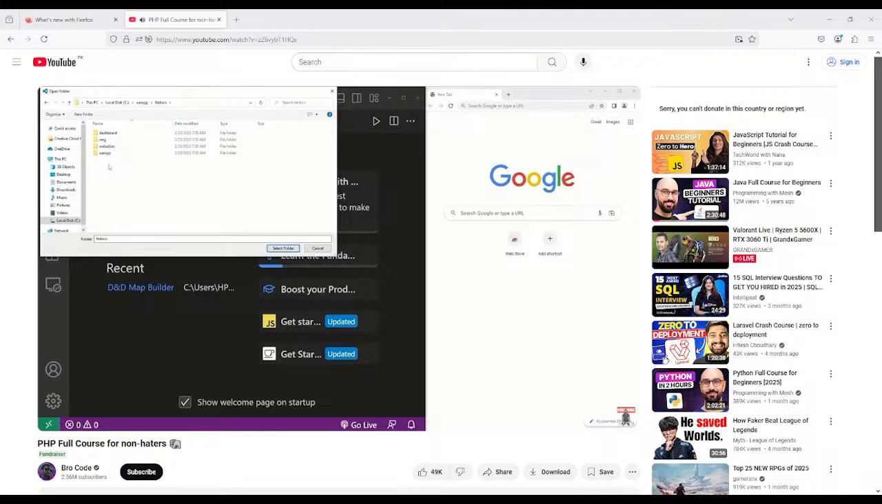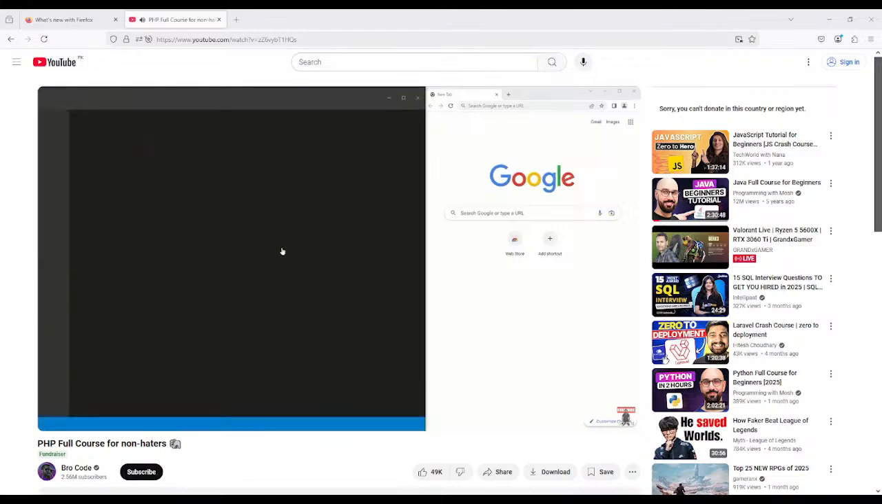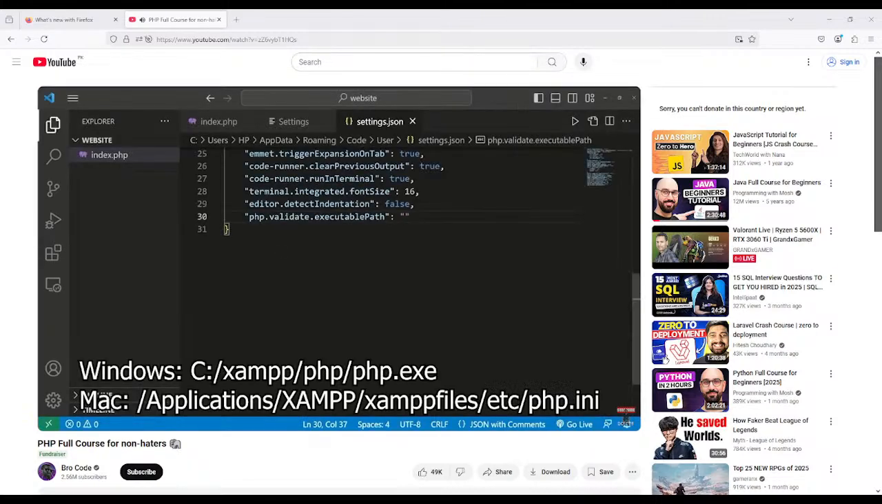In VS Code, if you're receiving a warning that states cannot validate since a PHP installation could not be found, we need to validate the executable path of the PHP executable found within our XAMPP server. To do that, we're going to find our settings file. It's a JSON file. PHP validate executable path. Add it in the settings JSON file. Let me maximize this. Next to PHP validate executable path, we need to find the file path to the PHP